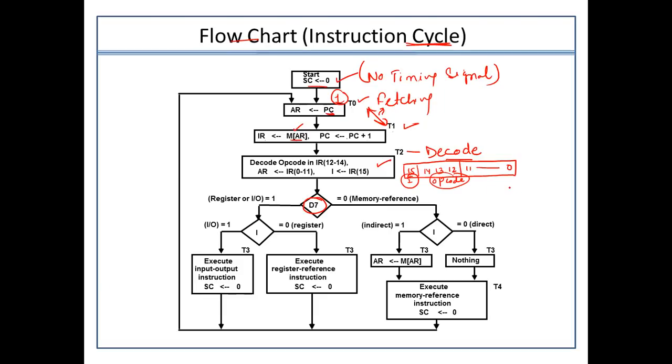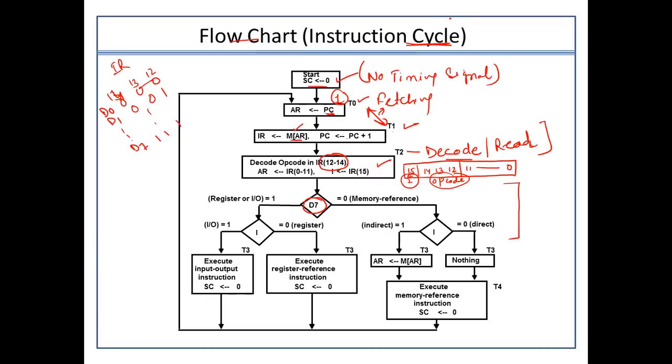Now we have to read the data. Okay, reading will take place here. In certain cases, both decode and read can also take place together. So there is no hard and fast rule that it can happen. Okay. Now the point is that when we are decoding the operation for the instruction registers with the bits 12, 13 and 14, we know that the values can be 000, 001 and so on up to 111. Means D0, D1, so on up to D7 need to be active.